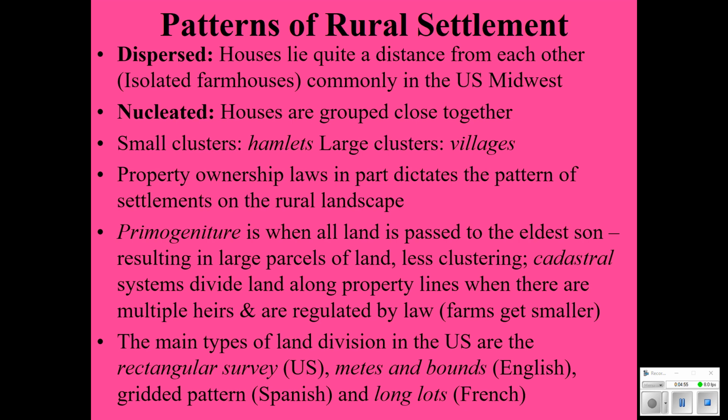And what happens is you would get these sections of land. And if you remember, a square mile is 640 acres. So you would have these sections of 160 acres, and those could then be subdivided even smaller. If you really want to check it out, you can go check out the Northwest Ordinance of 1785.